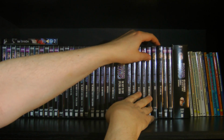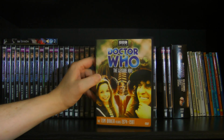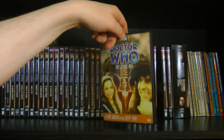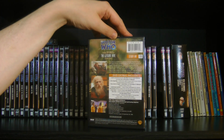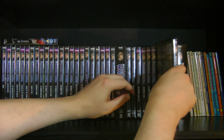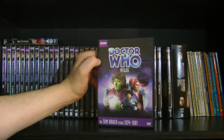So carrying on, we get into Tom Baker's last season with The Leisure Hive. Very cool. So this is where we got the new title sequence with the Starfield and the neon logo, and the Doctor's outfit was changed to the maroon outfit rather than the sort of more colorful one. And there we go. And then we got Meglos,